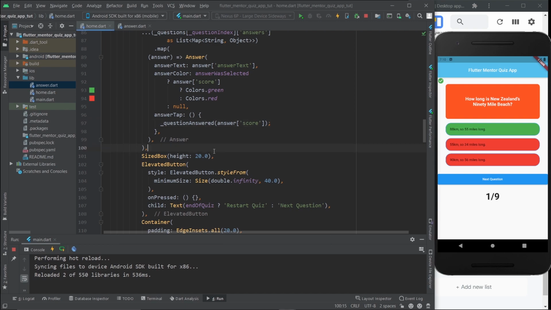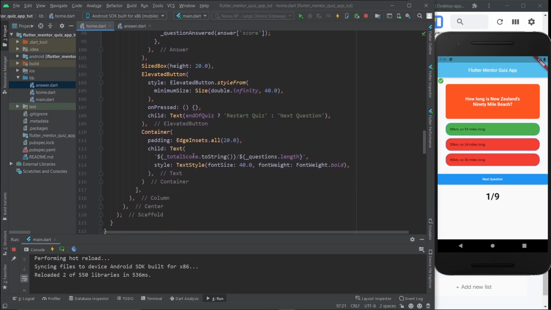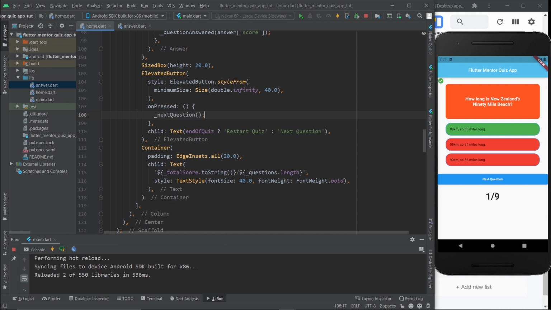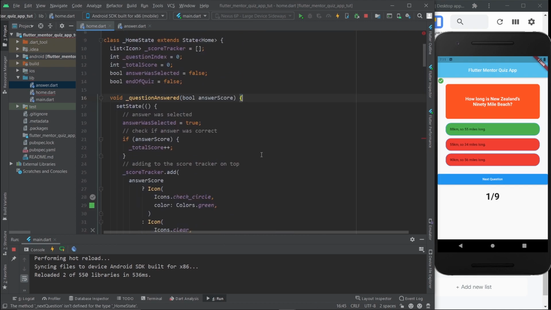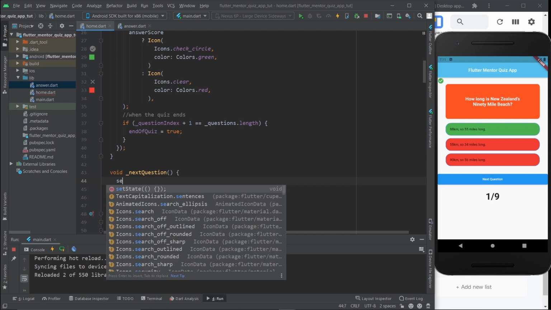Let's go ahead and take care of that. And then we'll come back here because there's a little detail I don't want to miss. So right here in the elevated button, we have the onPressed. Once again, to make it simple, let's just use a function and then create it up top. I'm going to create it after this one right here. It's a void function because we're not returning anything. And once again, we're going to go ahead and use the set state.